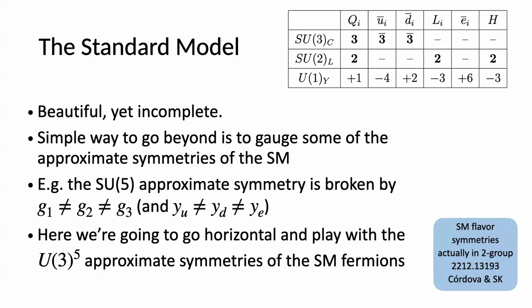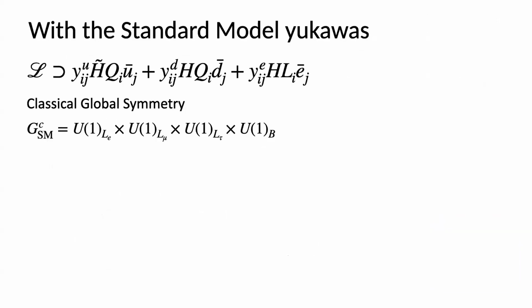I'm in this talk going to instead go in the sort of horizontal direction and think about flavorful symmetries that we can upgrade to gauge symmetries. And in fact, I won't talk about it, but there is some further generalized symmetry structure that the flavor symmetries actually partake in. It won't be a feature of what I talk about now. Okay, so let me remind you, once I turn on the standard model Yukawas, most of that U(3)^5 symmetry is broken. Classically, we have in the quark sector baryon number, and in the lepton sector, because neutrinos are massless in the standard model, we have 3 different lepton number symmetries, 1 for each generation.